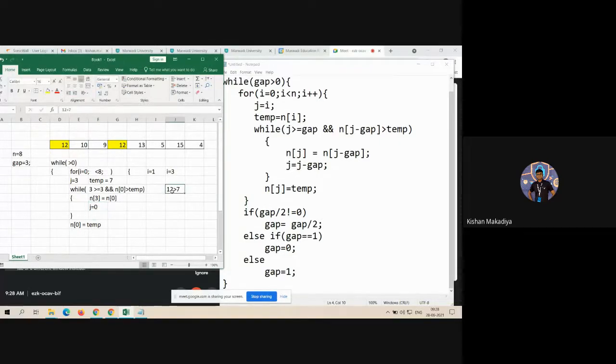Again check the while loop condition. So next time your while loop condition, 0 greater than or equal to 3, no, condition false. Out of the loop, n of 0 is equal to temp, so that will be here 7. Again for loop here complete, I plus plus, so I become 4.